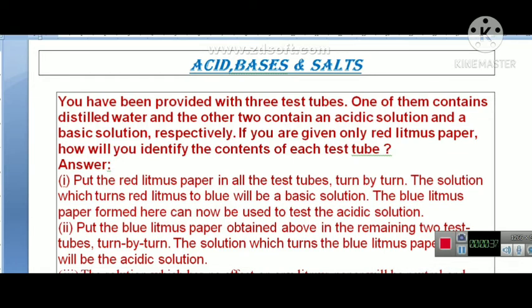In this lesson, you have seen some main points. What are acids? What are acid-base indicators? Acid-base indicators are dyes or mixtures which are used to indicate the presence of acid and base, the acidic nature of the substance, then the chemical properties of acids and bases. What are salts? How do acidic and basic solutions behave in water? What is their conductivity, that is, conduction of electricity?